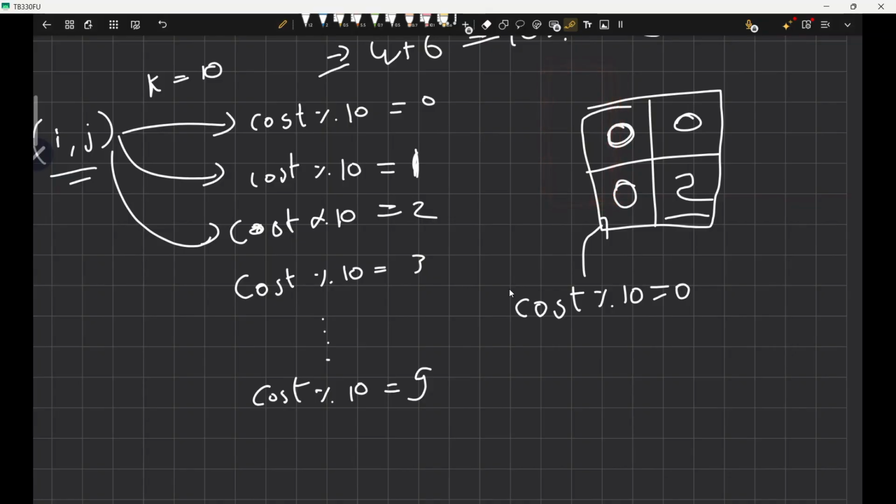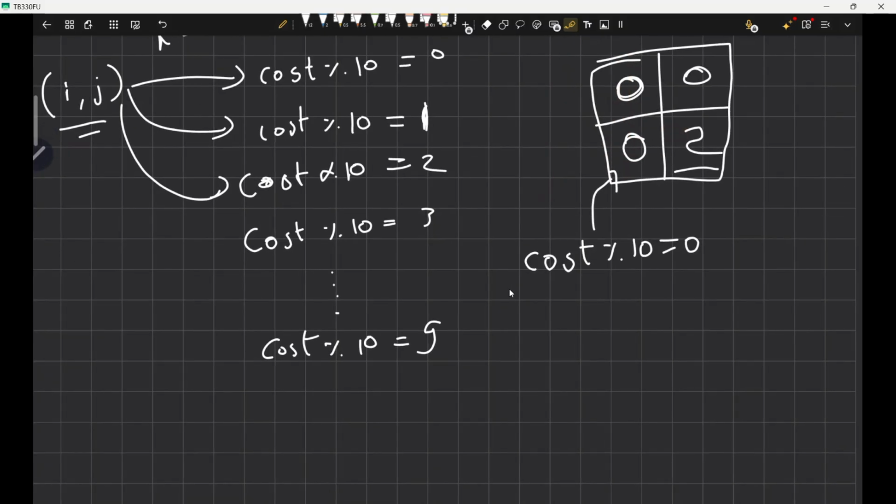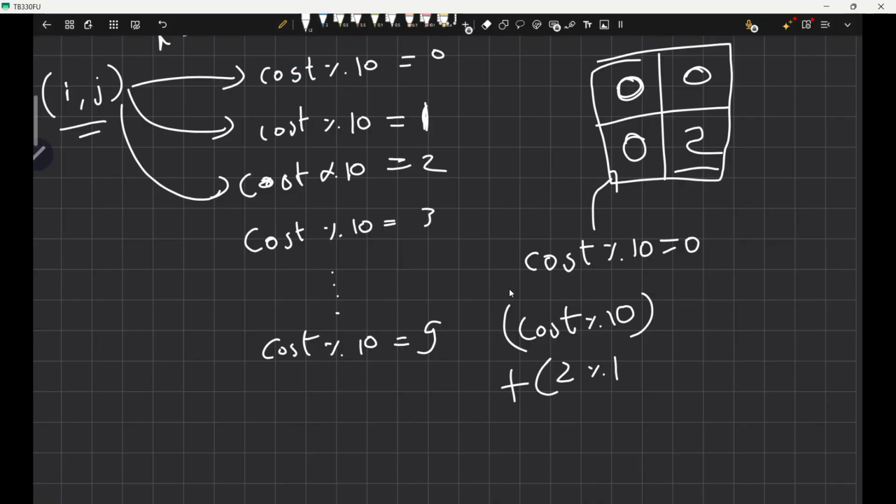So I will take these paths and go one to the right. Now the 2 is added, so my cost modulo 10, which was 0, plus this 2 modulo 10 will be